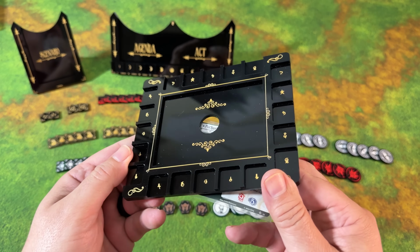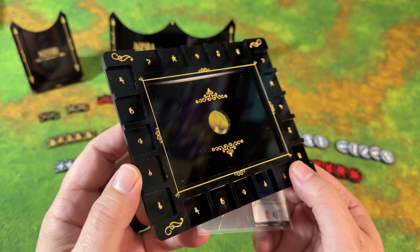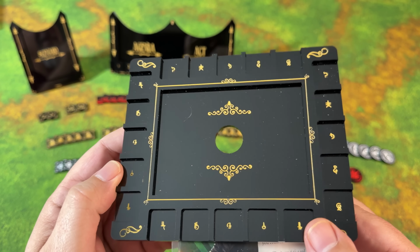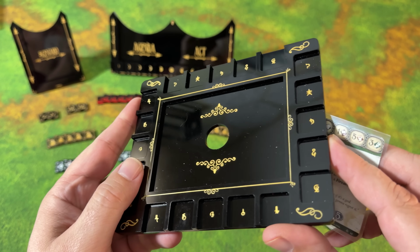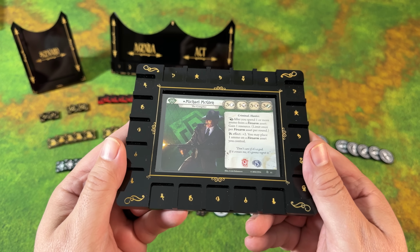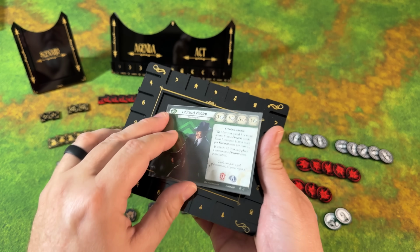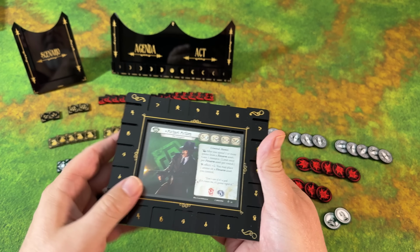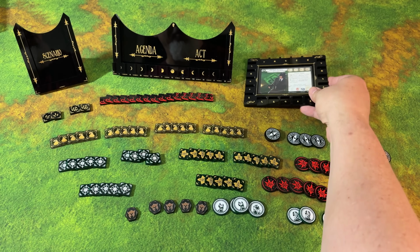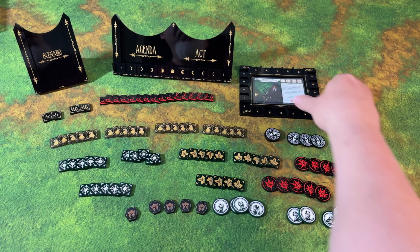Okay, so I got the basic or generic Investigator boards. So just some generic, I guess, Cthulhu text around there. A lot of glare, but basically you put your character card in there, and there's a hole in the back so you can easily push it out. And all those spaces on the side or on the back